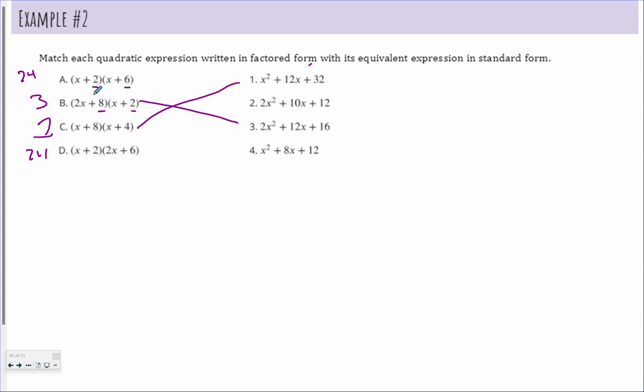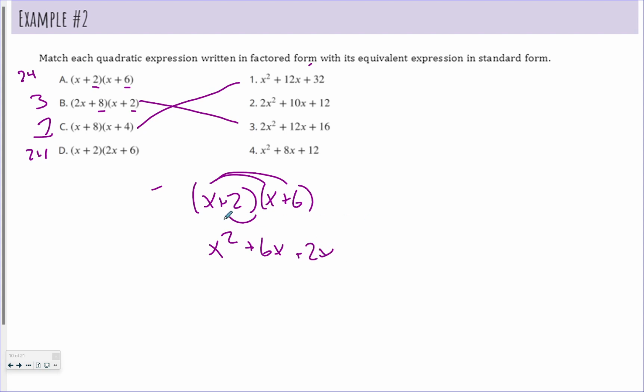So you can pick one, and you can multiply it if you'd like. So maybe we'll do the first one. If I do x plus 2 times x plus 6, I get x squared, 6x, 2x, 12. These are like terms, which gives x squared plus 8x plus 12. Sorry for my messy handwriting. So it looks like this one matches number 4, and then D matches